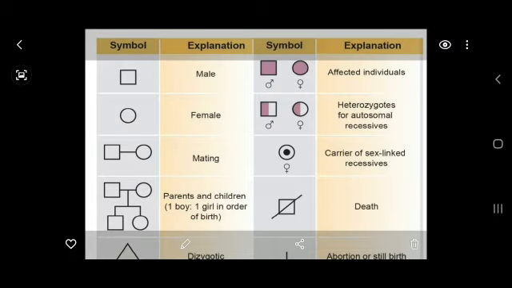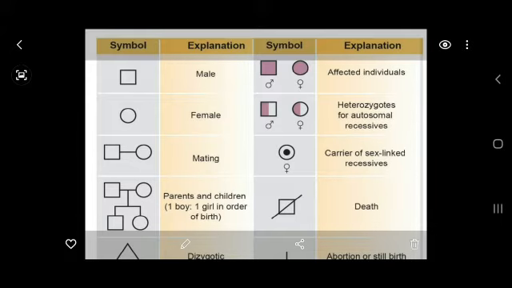See children, we just saw what a pedigree is. A pedigree is nothing but a family tree, right? So we are going to see the symbols and explanation of the figures given in a pedigree chart. The square represents a male, whereas the circle represents a female. The square and circle are joined by a single line. That means they both got married.